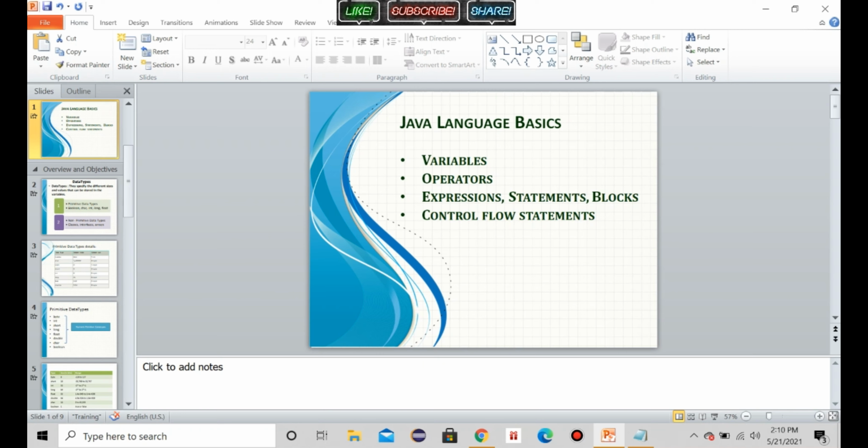We started with variables, and now I will continue with the data types. And in the previous session I also explained what types of IDEs are available in the market and how to install them. Today we'll see how to run the program in Eclipse. So let's proceed. Now coming to data types,